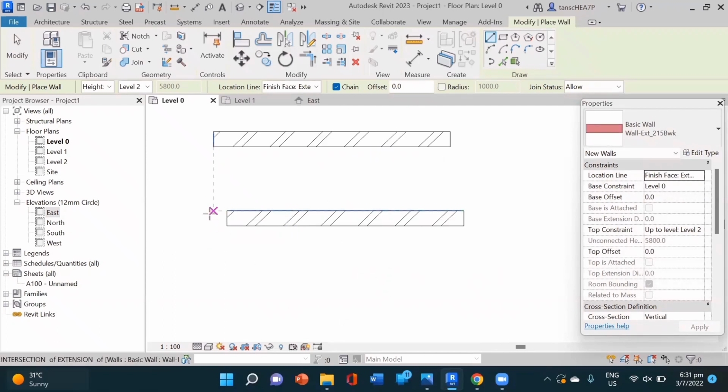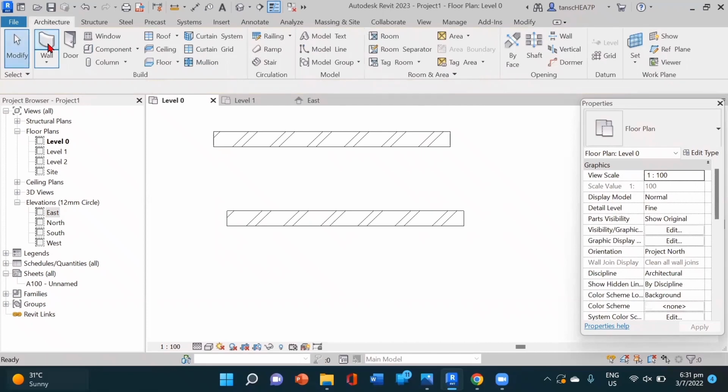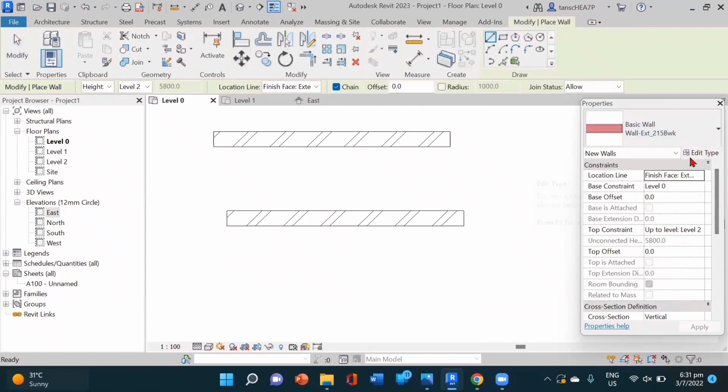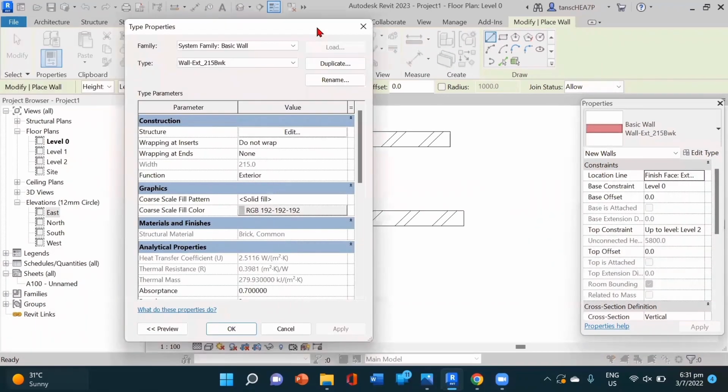Now I want to change the width of this wall, how thick I want to create this wall. Is it 100 mm? Is it 200 mm? So for that, we have to select our properties and edit the type. I click here, and for example, I want to create a 100 mm thick wall. I will click on duplicate so that all my existing walls do not change. It doesn't override my existing walls. So we can click here on duplicate